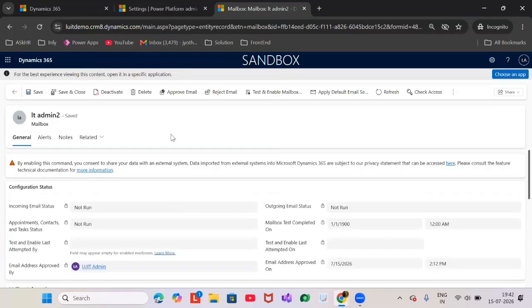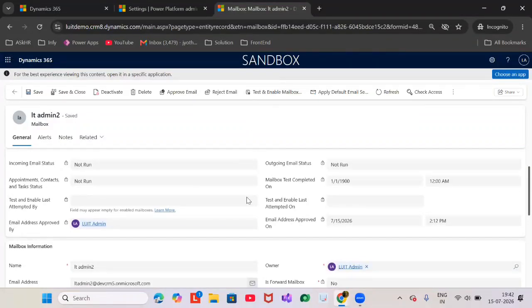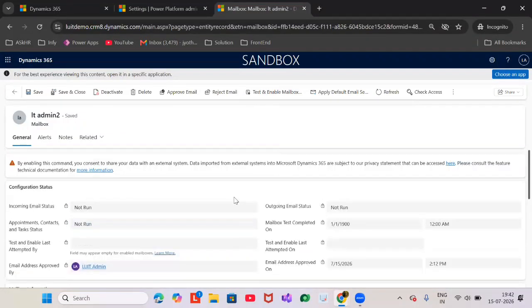And then we have to enable the mailbox. Test and enable it. Okay, test the mailbox. And here we have a few options, for example,